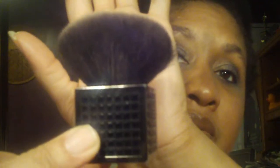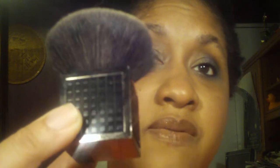and this is a special edition one, and I love this one. This is one of my favorites. I actually love the design of this one too. Love this brush, and it's super soft. Love that brush. Like I said, the 129, that's one of my other favorites. A new favorite of mine